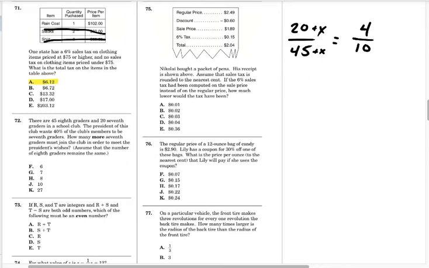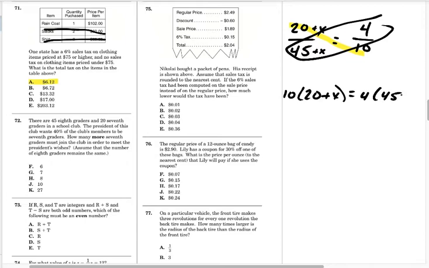So the first part we have to do is this section. We're going to do 10 times 20 plus x, and it's going to equal this side, which is 4 times 45 plus x. All right, we get 200 plus 20x equals